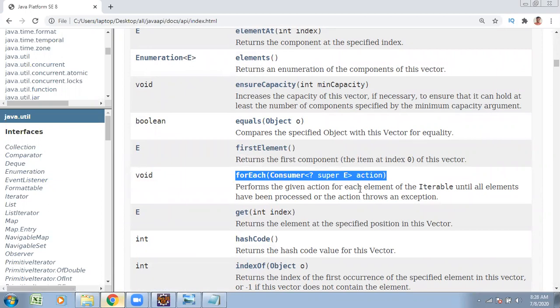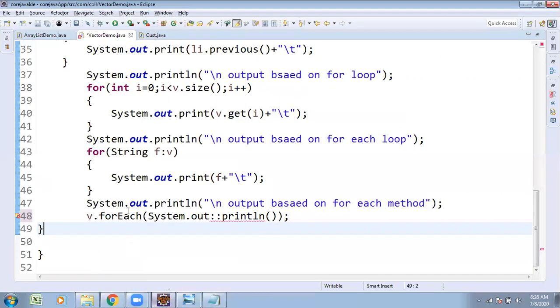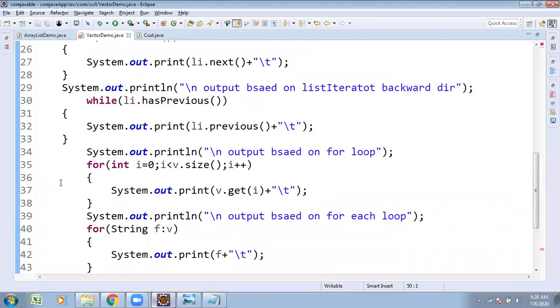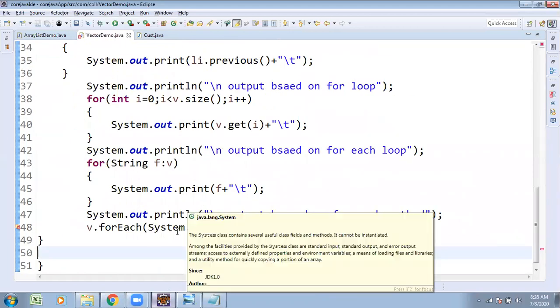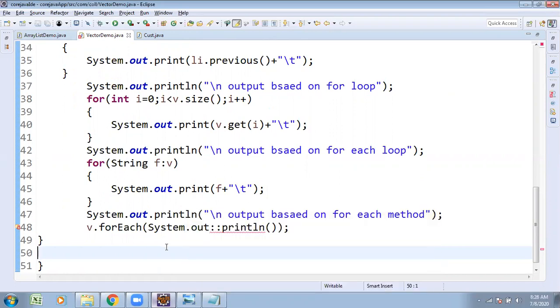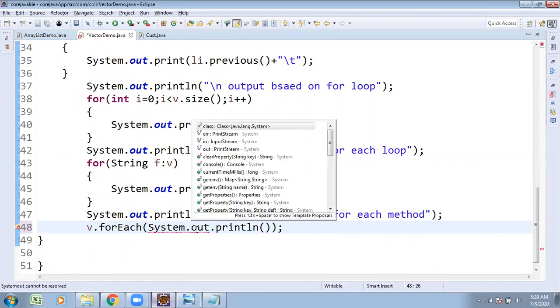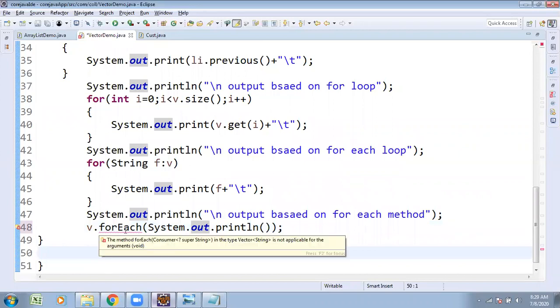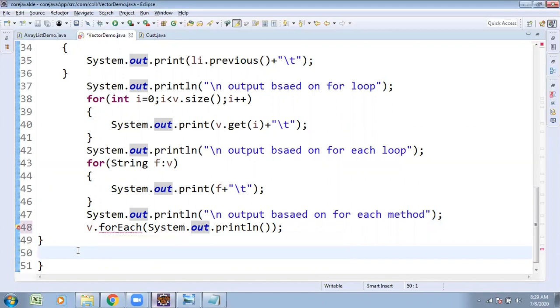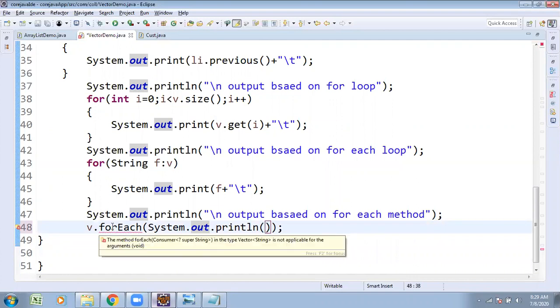Perform the given action for each element of the iterable until all elements have been processed, or the action throws an exception. Vector of string is not applicable for the void type arguments.